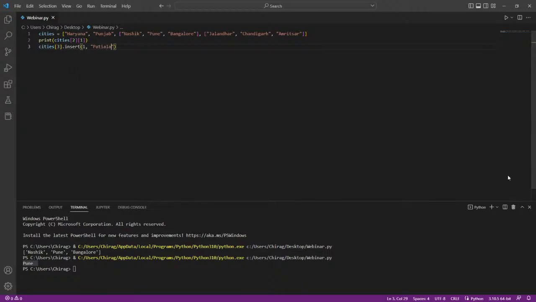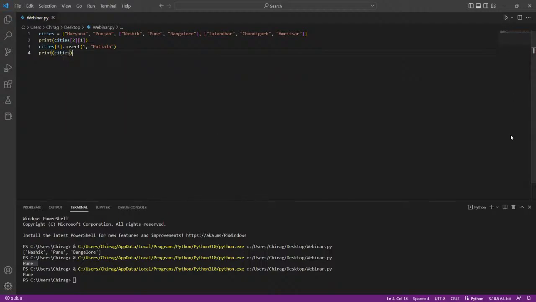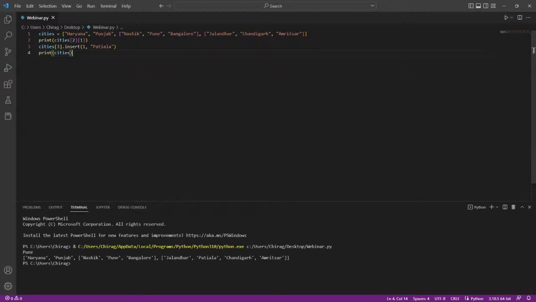Save this, run the script. Okay, in the next line we'll have to specify that print cities. Okay, save this now, run the script, and there you go. Now Patiala is added inside the list and also at the index number 1. So that's how we can add a particular element inside a list which is already a part of a list. This kind of a scenario will be termed as nested list,